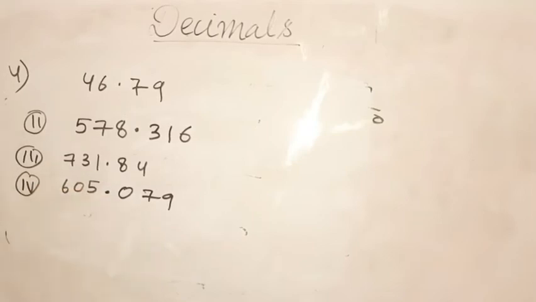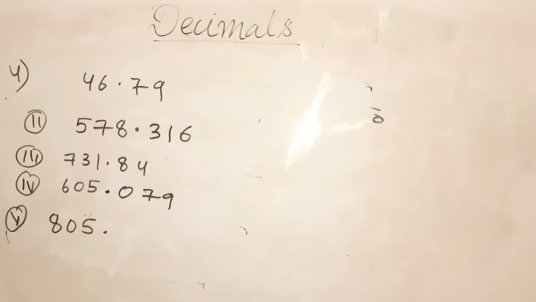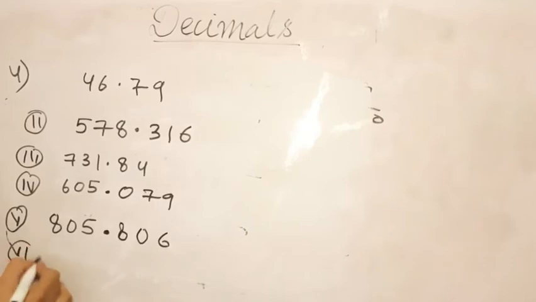Now moving on to the fifth one. In fifth one, it is 805 point. As you all can see that after 8 upon 10, there should be something upon 100. That is also not given. 8 upon 10 ke baad, there should be a number upon 100. Then 1000 will come. Since 100 is not there, that means here it will be 0. So 806. Okay students, 0 upon 100. They have skipped that. Now the sixth answer.